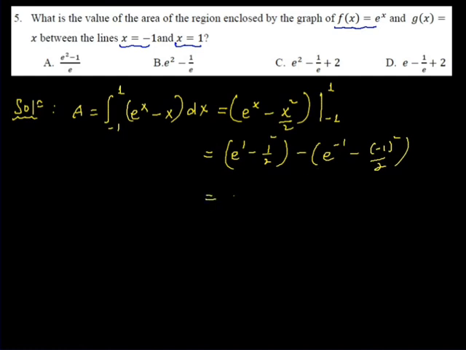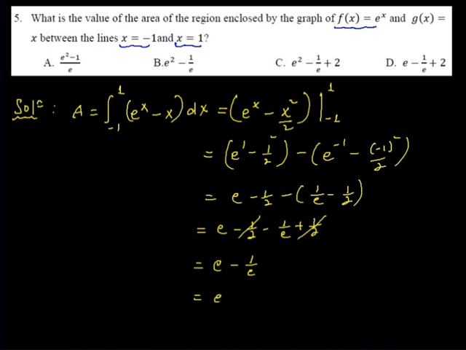So this becomes e minus 1 over 2 minus 1 over e minus 1 over 2, which is e minus 1 over 2 minus 1 over e plus 1 over 2. So this is 0. The result is e minus 1 over e, which is e squared minus 1 over e. So we can find this one from the given alternatives. Therefore our answer is this one. Okay,